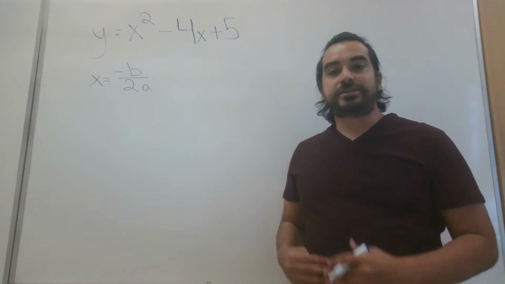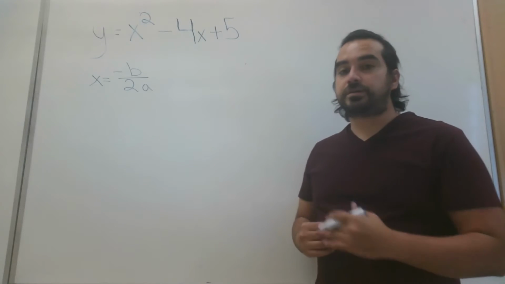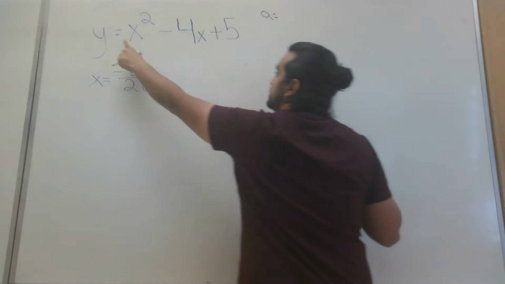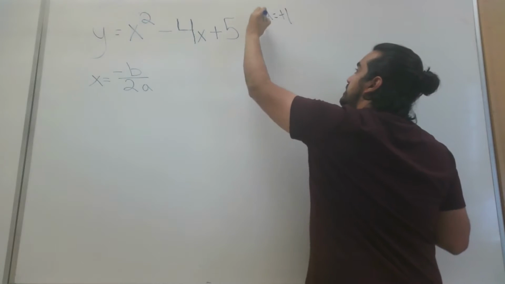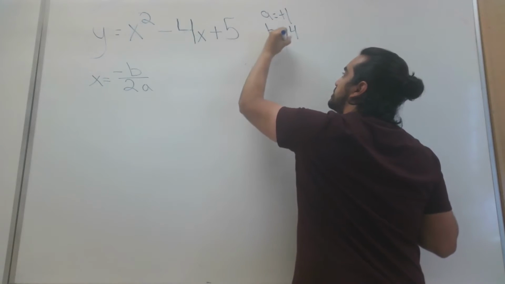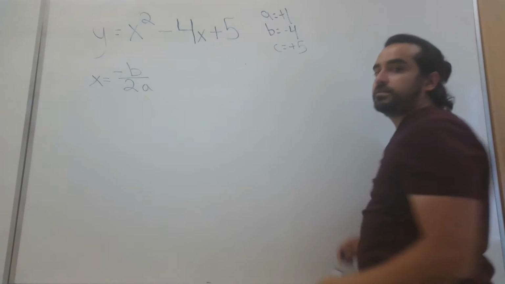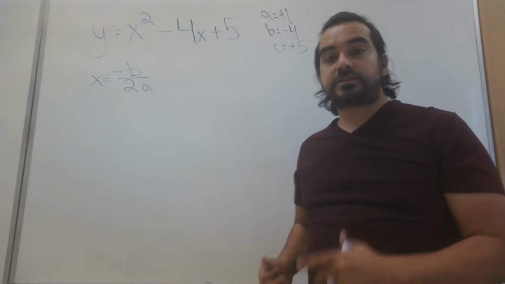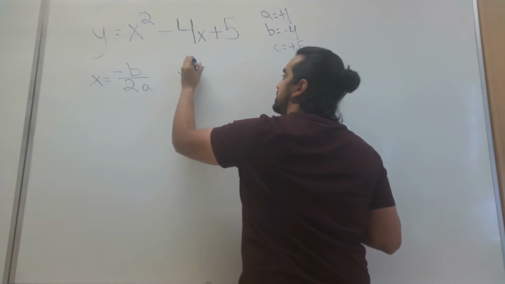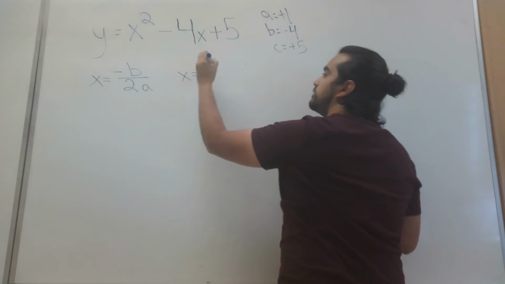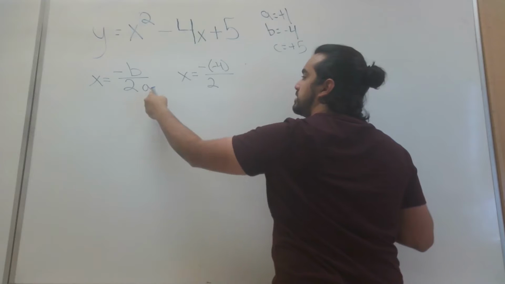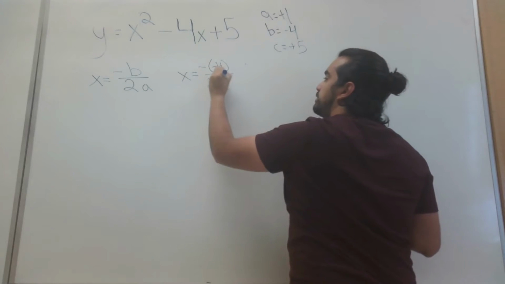Now with this, what we're going to do is substitute our a and our b. So remember, a is equal to positive 1, b is equal to negative 4, and c is equal to positive 5. Now that we identify this, let's go ahead and substitute. So we have x equals negative, our b value is going to be negative 4, over 2, our a value is going to be positive 1,